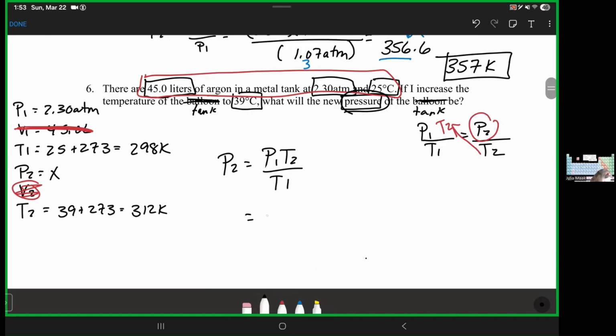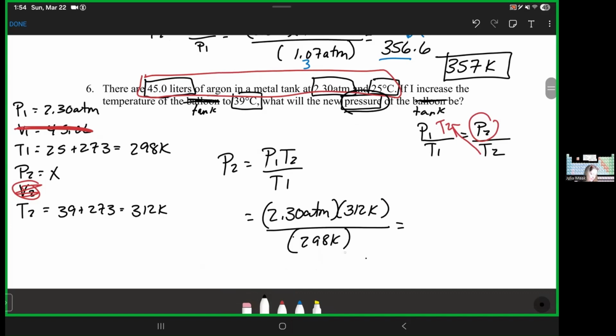So my P2 is equal to my first pressure times my first temperature divided by my, so see, I did that again, my second temperature on top and my first temperature on the bottom. Okay, and my K's cancel. I'm left with ATM. And if you do that math, for some reason I don't have this answer on my paper, I get